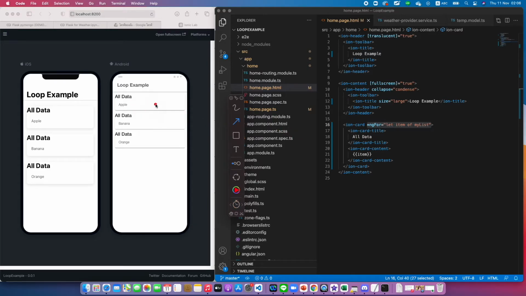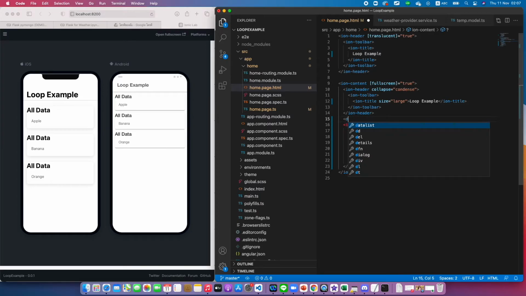Yes, all of them are here. Apple, banana, and orange. So you can move this ngFor to anywhere, and it will iterate as a loop. So for example, but many people use the div because you can divide it and use this one,